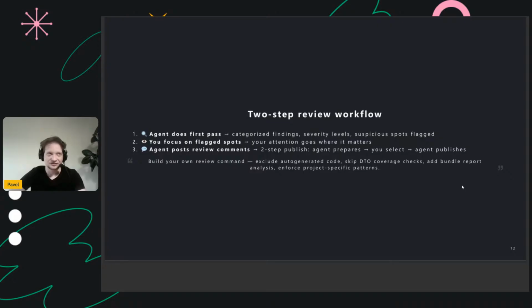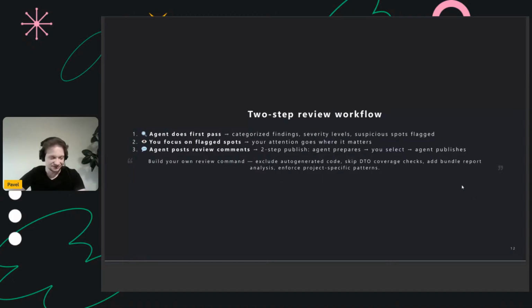your default agent or code reviewer skills built into your tool. You should create your own because this allows you to provide your code conventions and your project-specific patterns into the context of your agent during the review. So you can, for example, describe what areas are machine generated and shouldn't be reviewed at all, and